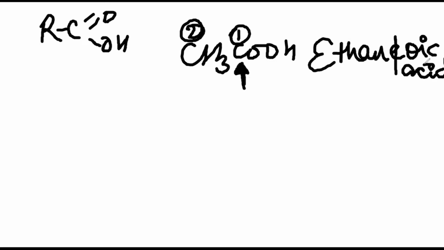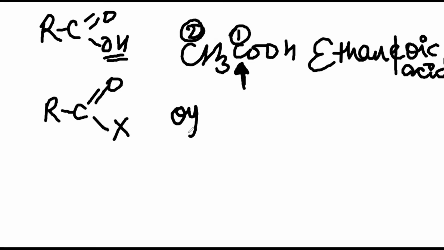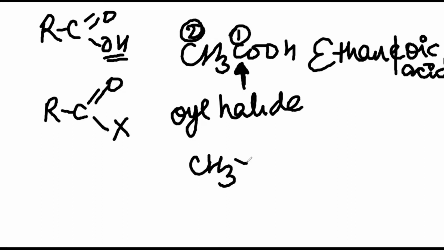Now I'm telling you the 4 derivatives. Derivatives of the carboxylic acid means which are derived from the carboxylic acid. Now we are putting a halogen here. Instead of this OH, OH is replaced by the halogen. Then it is known as acyl halide. And in this acyl halide, in the nomenclature, we are writing it as oyl halide. How oyl halide? It means, supposing if I am saying that